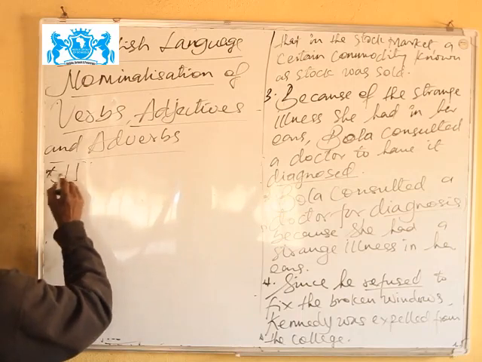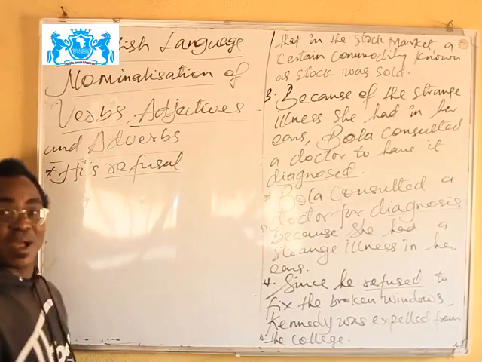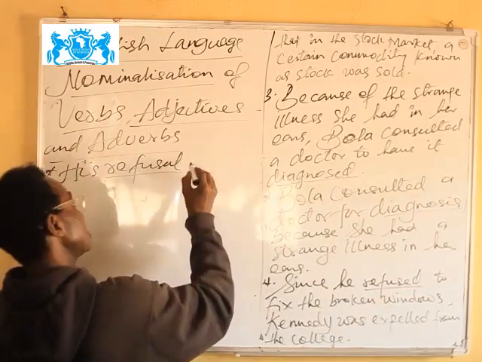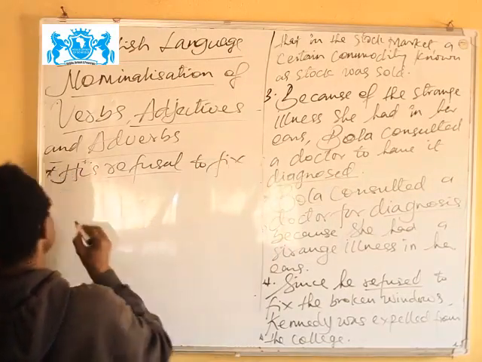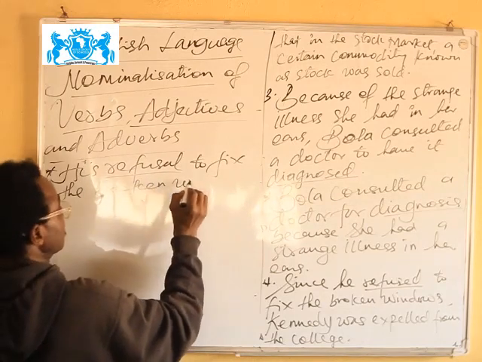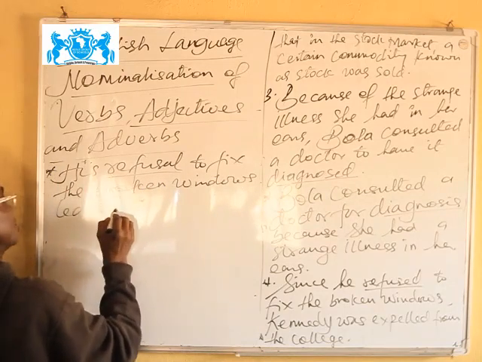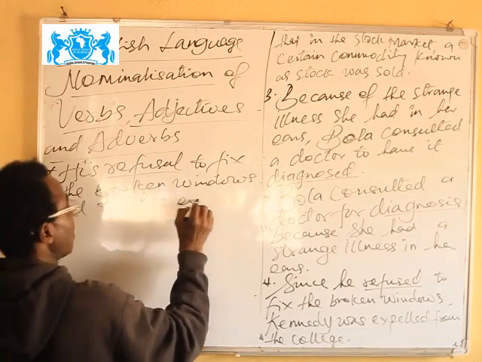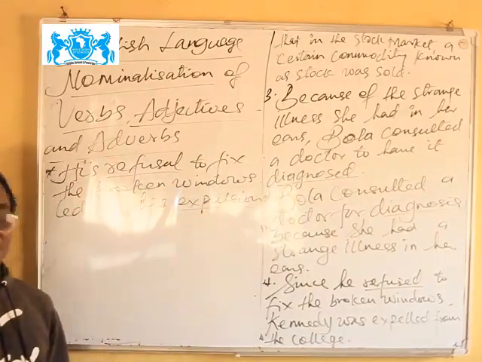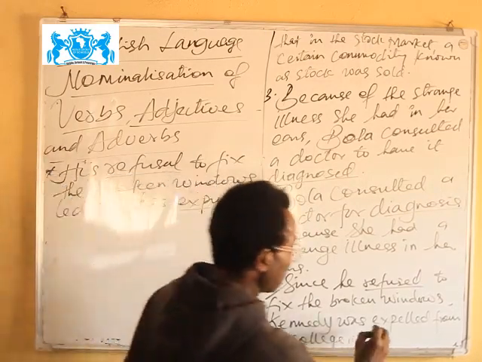If we say his refusal, we've already derived a noun from the verb refuse. His refusal to fix the broken windows led to his expulsion. Now can you notice that we have also derived a second noun form, a second nominal from the verb